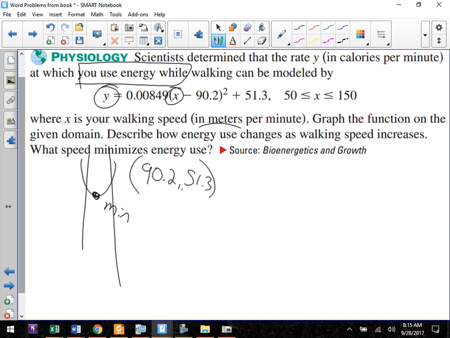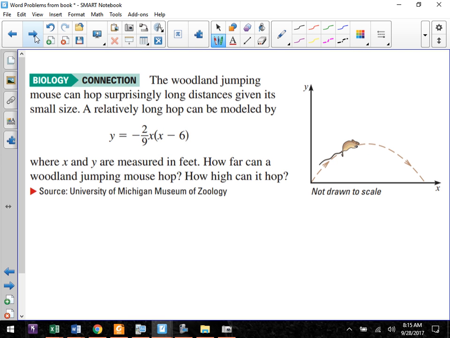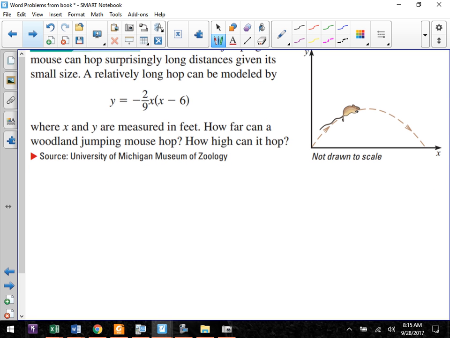So let's look at the woodland jumping mouse. It can hop surprisingly long distances. A relatively long hop can be modeled by that, where x and y are measured in feet. How far can a woodland jumping mouse hop? How high can it hop? All right, now this next one, is that written in a format that we've used? No. Could you distribute and do all that work if you wanted to? Yeah, but let's not. So let's go right to our calculator. In this case here, again, since we don't have a